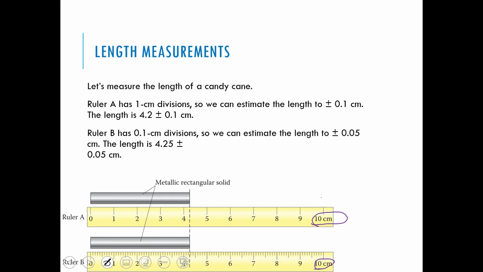We can see, though, that the increments on ruler A are larger than on ruler B. There are more markings on ruler B. If I look at this rectangular rod and estimate the length of it, I would say it's at least 4 centimeters. And I could estimate